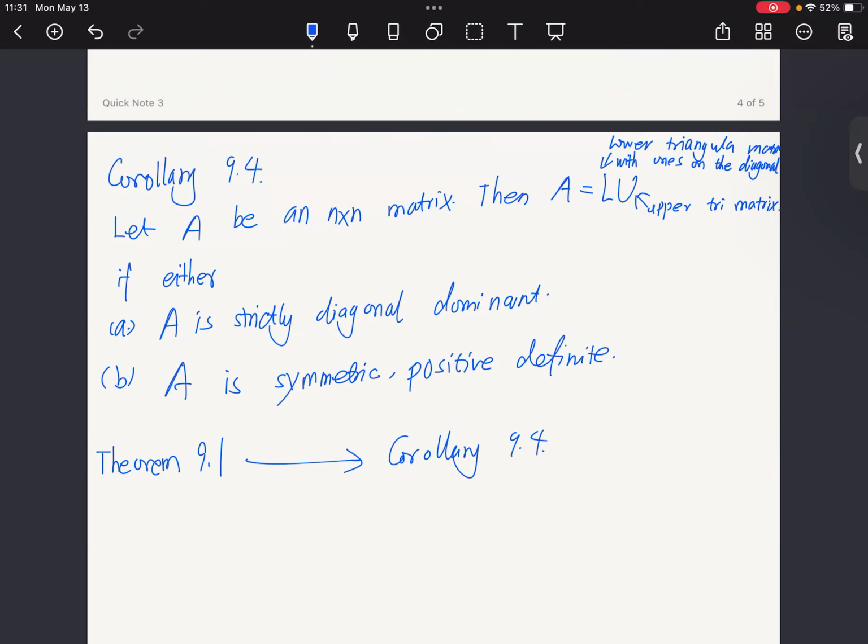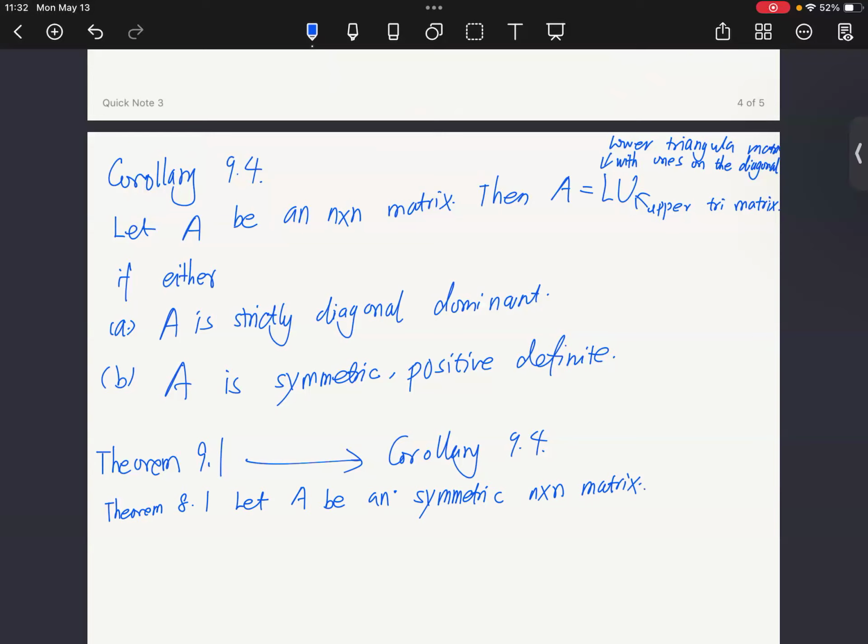The first one is the theorem 8.1 in the textbook. Let A be a symmetric n by n matrix,